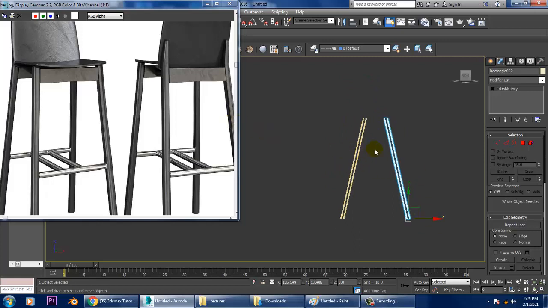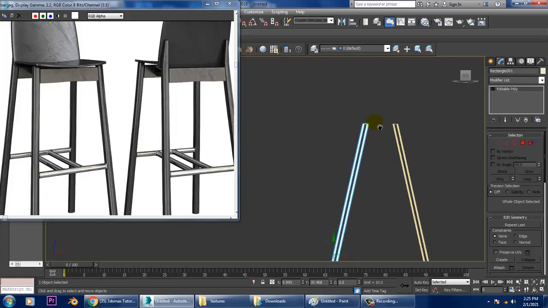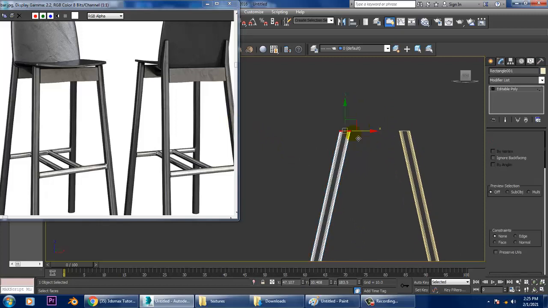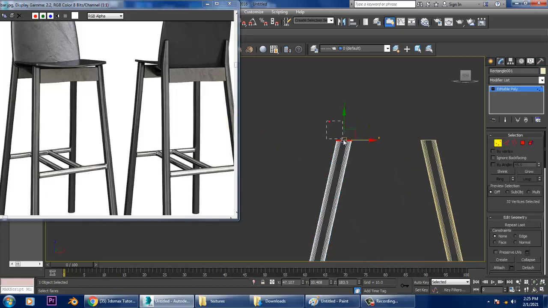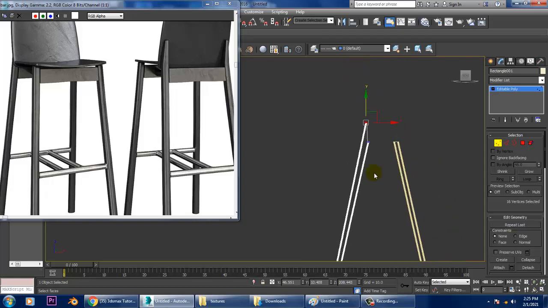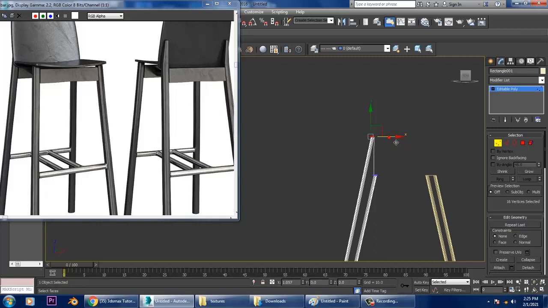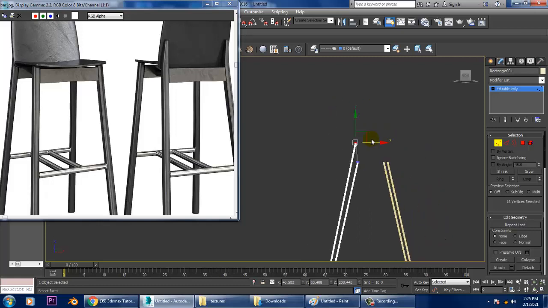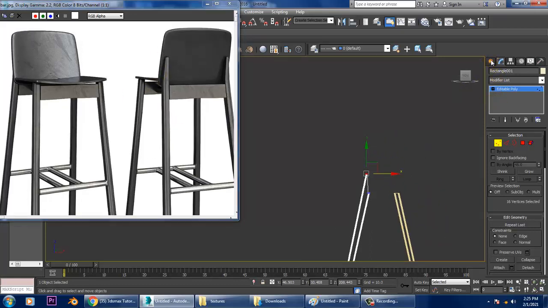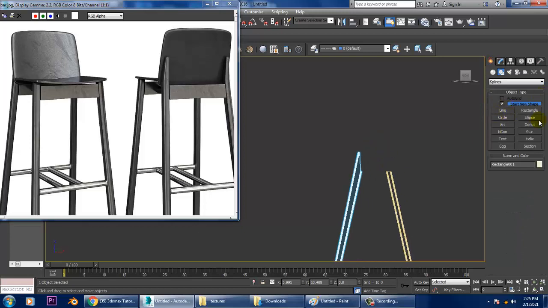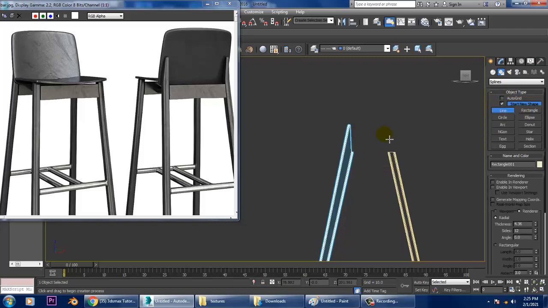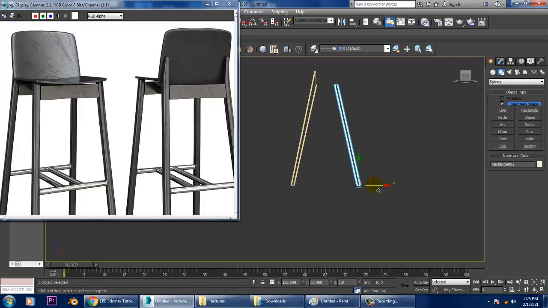After that, I can go into the vertices and slightly push this up in this way for the support over here. So definitely that's going to be your support. Shift this a bit far.